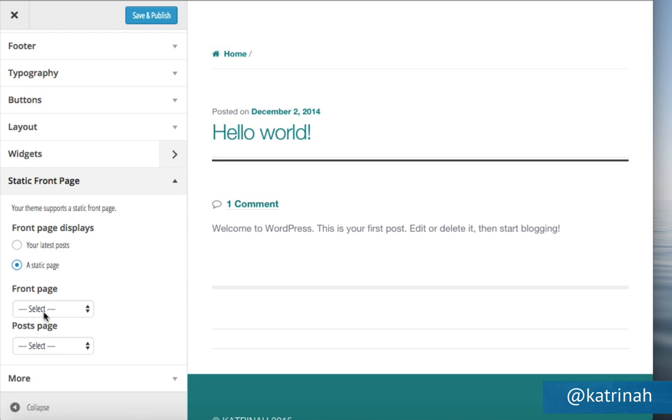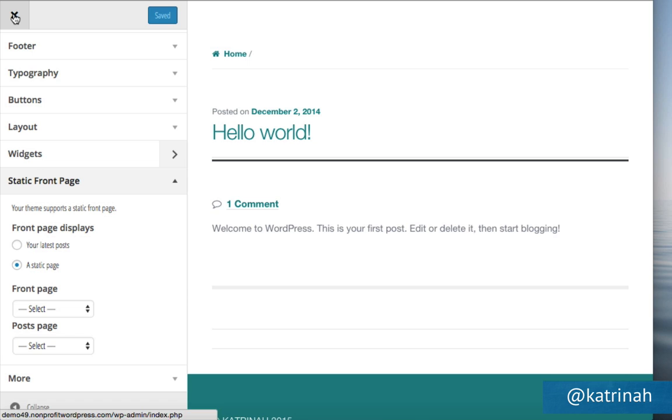So when I click on front page, for example, we have a really limited selection of pages and definitely not the page that we need or want. So we'll have to come back to this particular section later after we've created the pages that we need for our website. So for now, I'm just going to click on Save and Publish to save all of the changes we've made to this customizer panel right here, and we'll follow up once again a little bit later in the video with some of the other options that we will set and configure.